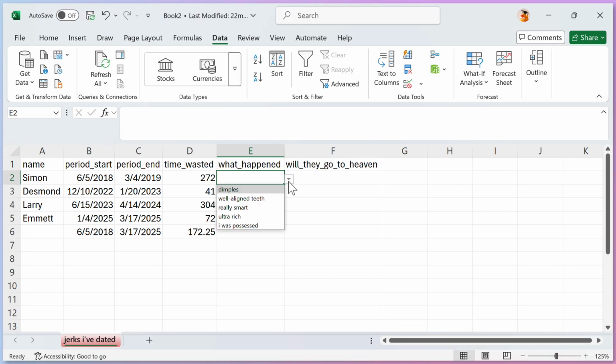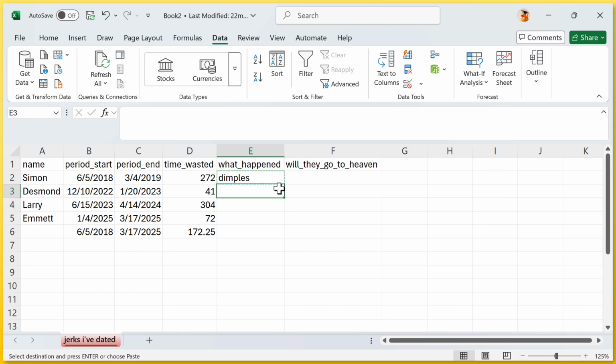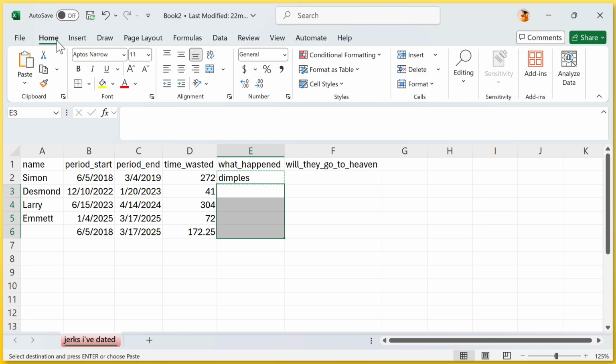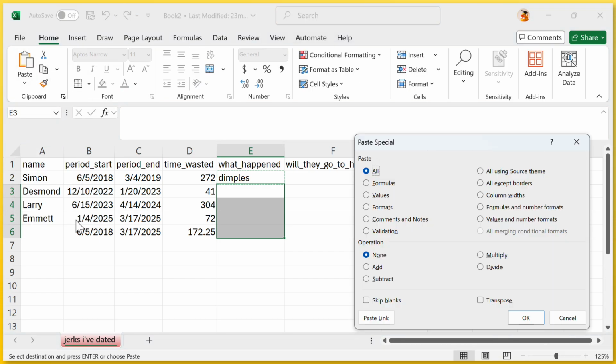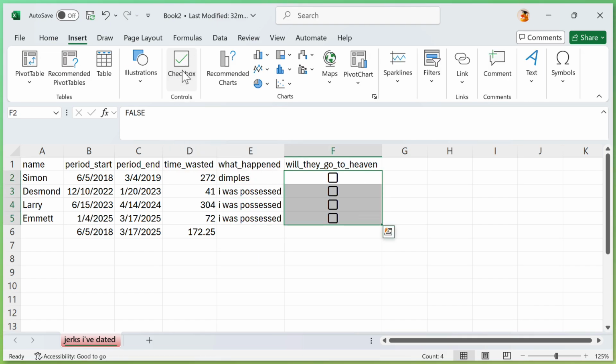To create the same drop-down list for the other rows, you could highlight the cells and redo the whole data validation thing. Another way is to copy the sample cell, select the target range, go to the Home tab, Paste Special, and paste only the validation rules over. Finally, to add checkboxes, highlight the range of cells, go to Insert, Checkbox, Checked,